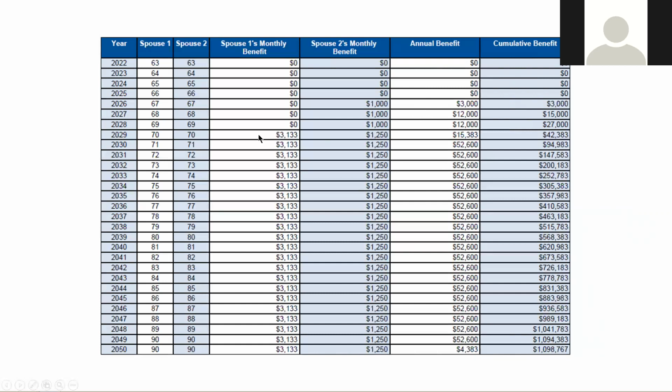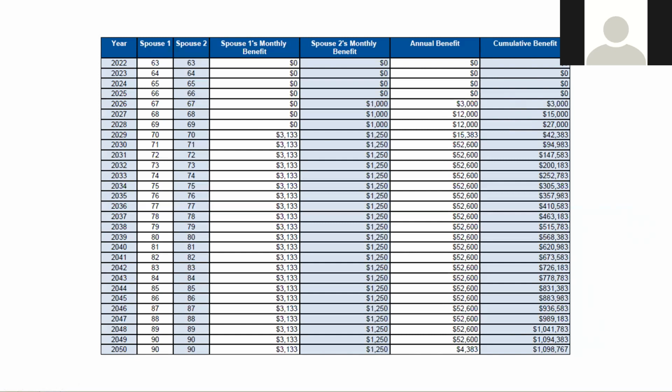So then now they both turned 70. Because spouse 1, let's say, was still working and just wanted to defer, or maybe they weren't working, but they just wanted to defer because they recognized, oh, there's a pretty big difference in benefit, and we don't need the money. We can afford to wait because, hey, we've got some money coming in here, and we've got other savings for retirement. So I'm going to wait and lock in my highest possible benefit, because not only does that lock it in for spouse 1's lifetime, but if you recall, it locks it in for spouse 2 also as a